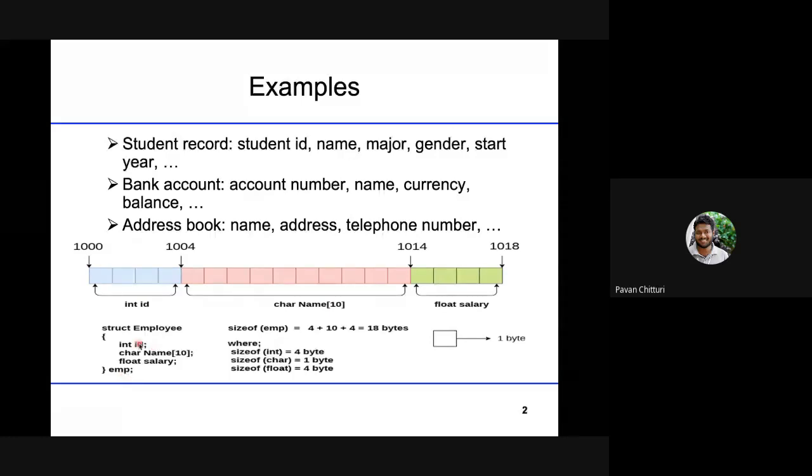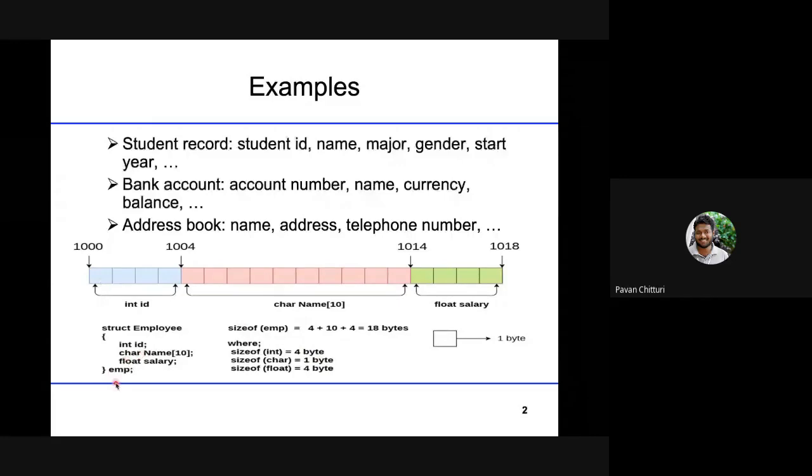If you see the example, you know how to calculate the size of an integer by using the sizeof operator. So sizeof int is 4 bytes, sizeof char is 1 byte, sizeof float is 4 bytes. It could also be 2 bytes; we have decided to use 2 bytes only for integer, or in this example we have taken 4 bytes. So what is the size of this complete EMP variable?